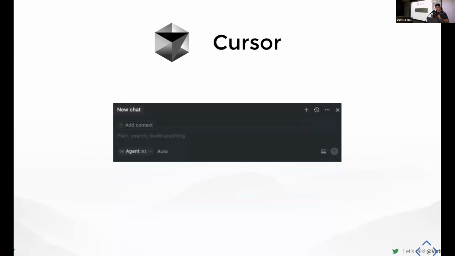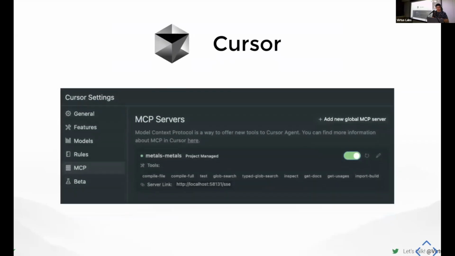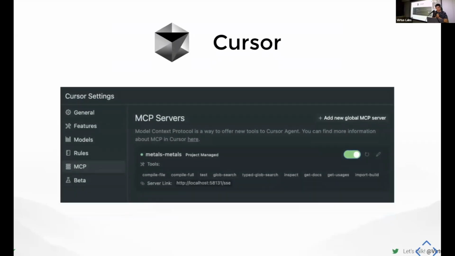This is how it looks in Cursor. As you can see on the left, there's the agent mode. It's a bit small, but if it's on ask, I think you should change it to agent. And if you look at the actual Cursor settings, because that's separate from the normal settings, you can look at the MCP part of the settings, and you should see Metals green, or you might need to refresh it.